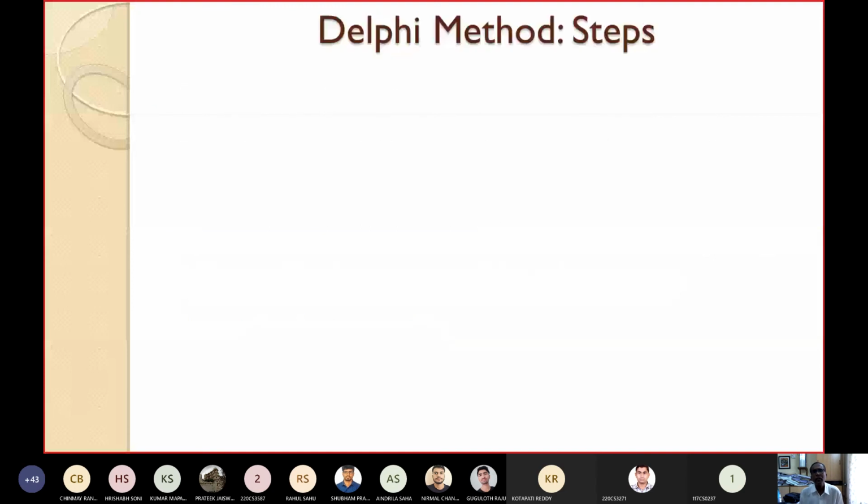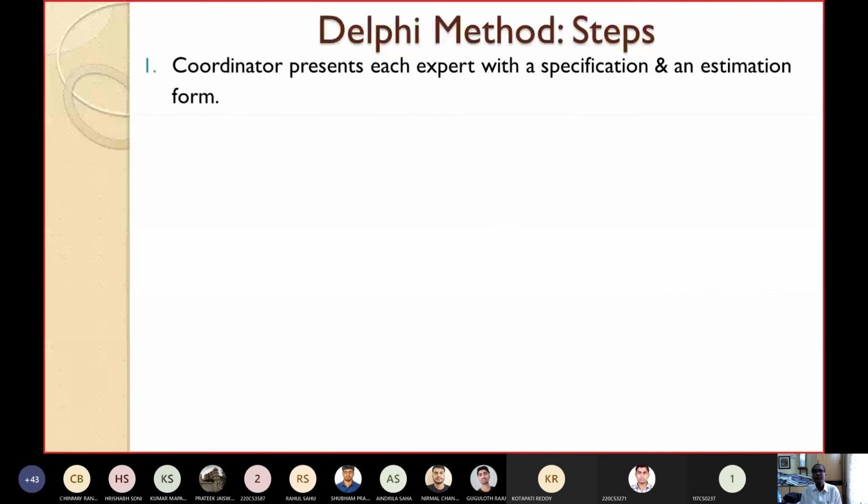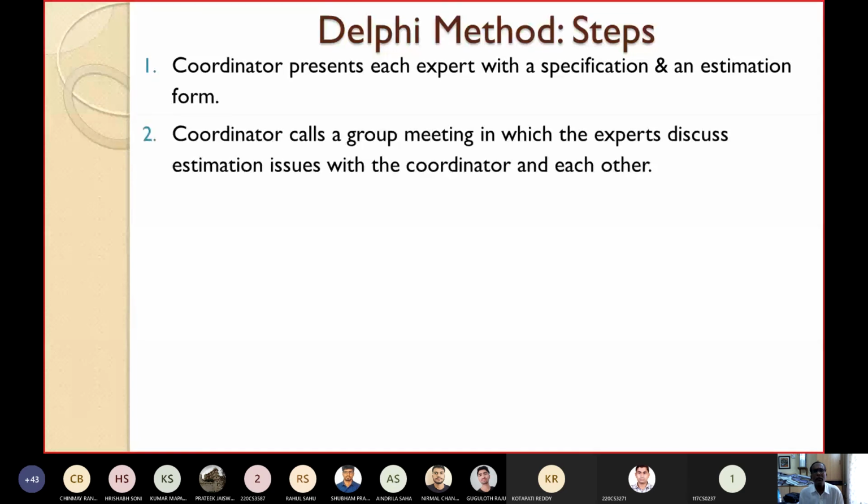Let's quickly summarize the steps in the Delphi method. First, the coordinator presents each expert with a requirement specification and an estimation form. Then the coordinator calls a group meeting in which the experts discuss estimation issues with the coordinator and each other. Actually, I think this is contradicting.